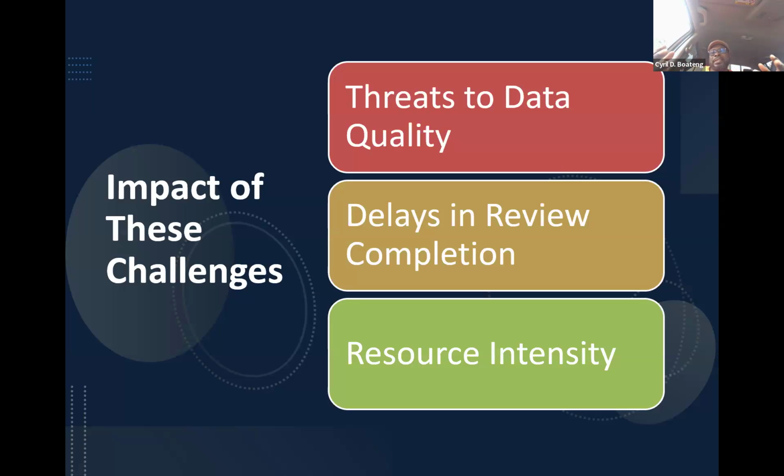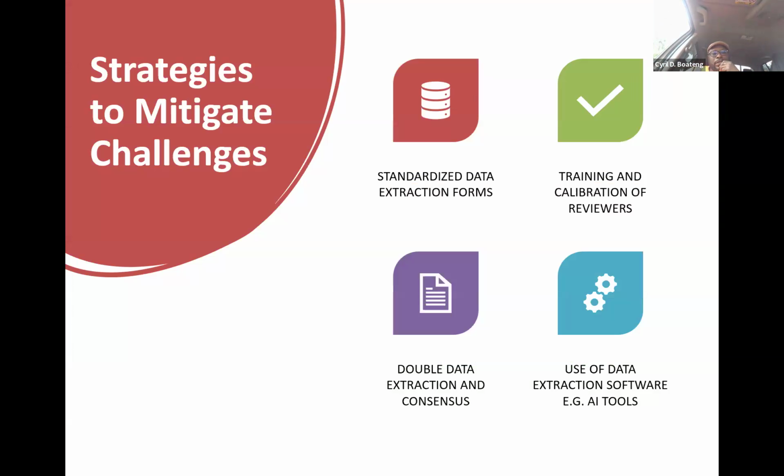And the resource intensity. So to overcome these kinds of challenges or to find a way around, you may need to hire more people. If you are doing a really complicated review, you may need to get reviewers. Some of this you may need to pay, or you need people to help you in screening and selecting, or even if you just have to train them before they do that, that's also resources that you are putting in. So that can be an impact of those challenges.